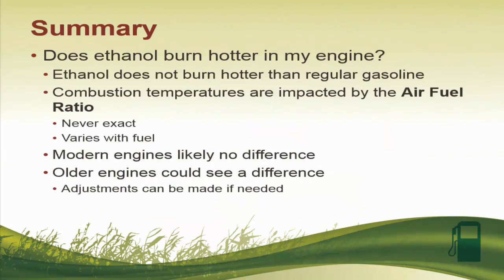So, in summary, does ethanol burn hotter in your engine? No, it does not burn any hotter than regular gasoline. It's really the air-fuel ratio that is changed, and that is why you might see some higher combustion temperatures with ethanol. Modern engines, you're not going to see that because they have the ability to adjust. It's the older engines, the small engines, that you could see some differences, and adjustments can be made if you do have